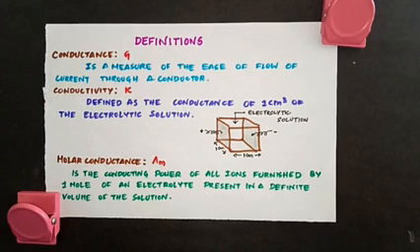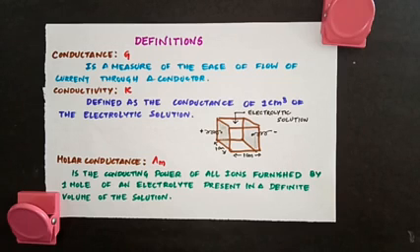Say for example, if you want to compare the conducting power of NaCl and KCl solution, you have to take 1 mole of KCl and 1 mole of NaCl in a fixed volume. Both should have the same volume, and then measure their conduction. Then only you can compare their values. If you are doing that, then the term that we use here is molar conductance. So molar conductance is the conducting power of all ions furnished by 1 mole of an electrolyte present in a definite volume of the solution.